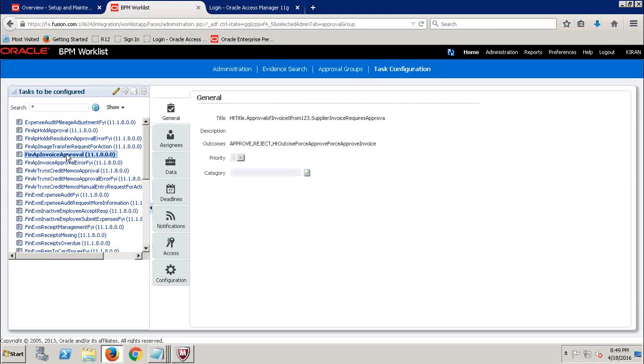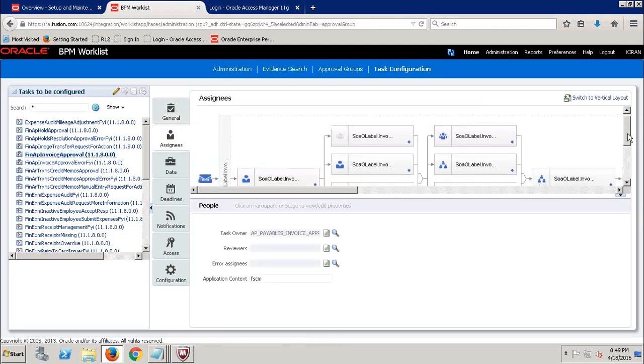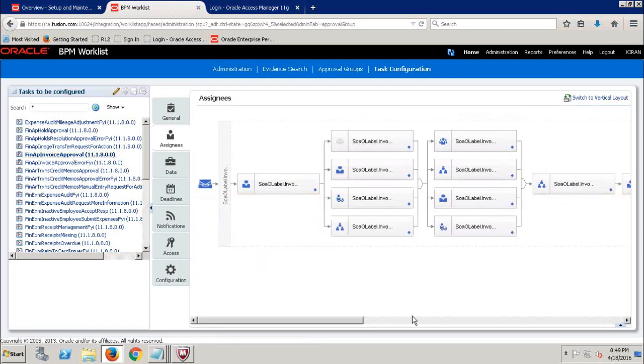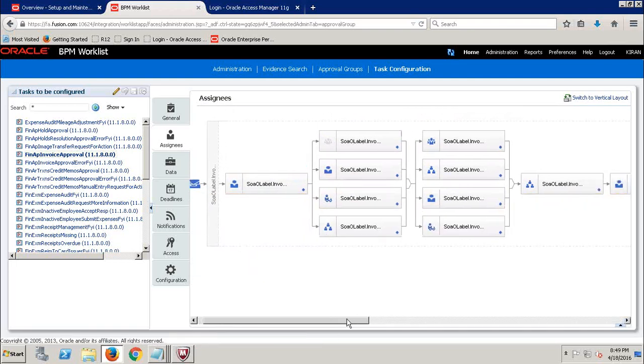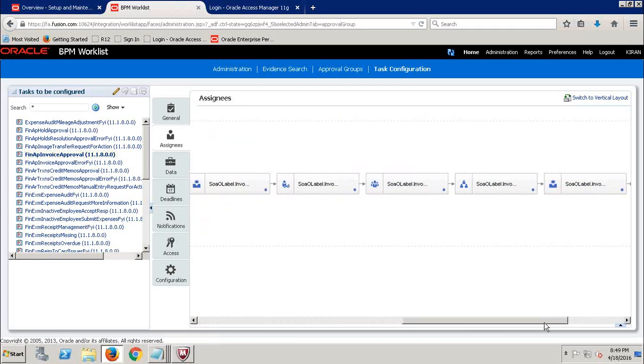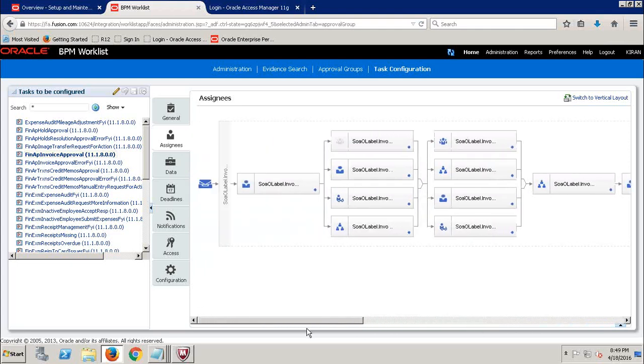After selecting, you can select Assignees. Here you can see, let me maximize this. This we call a workflow. Here we have to do the approval setup. This is the workflow which is a part of BPM. Now what happened